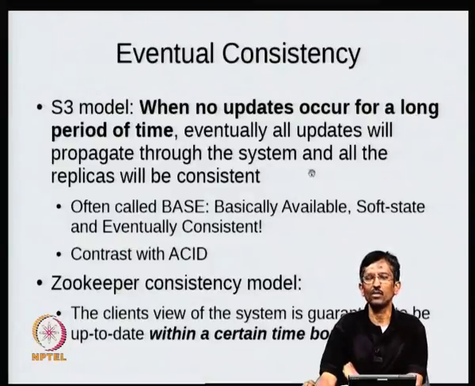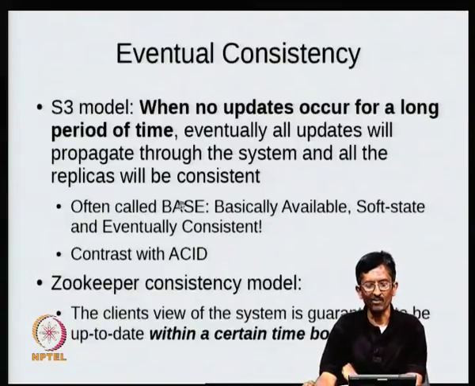If you look at the time desynchronous model that I talked about earlier, it actually attempts to be adaptive, but eventual consistency only gives you this model: if no updates occur for a long period of time, then everything will be consistent. This has often been called BASE. It's a made up acronym as far as I know. It stands for basically available, soft state, and eventually consistent. It's a long name, some cooked up name.